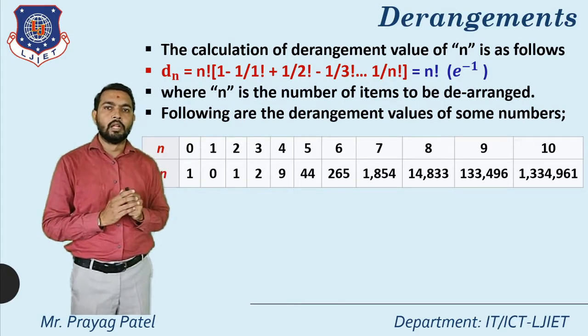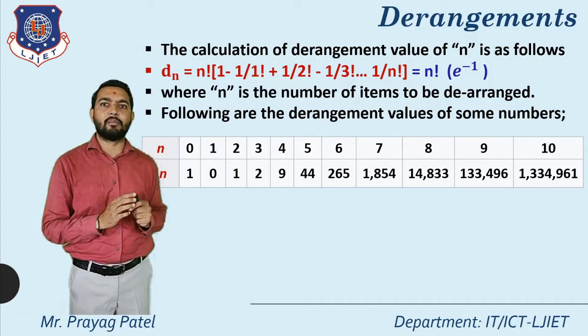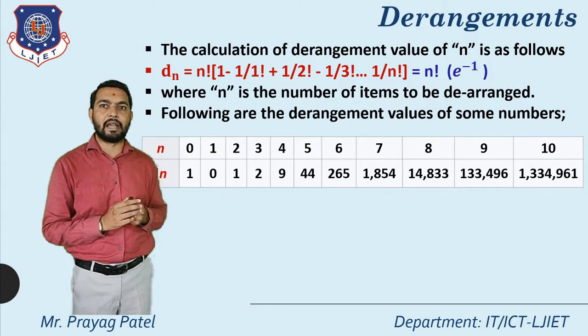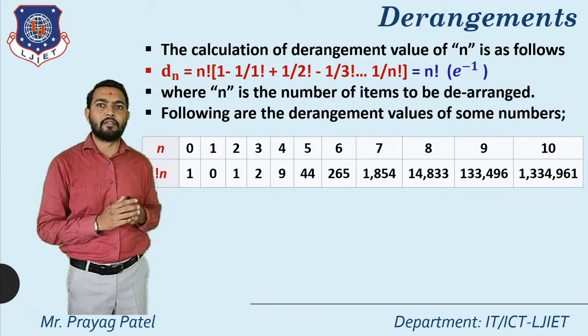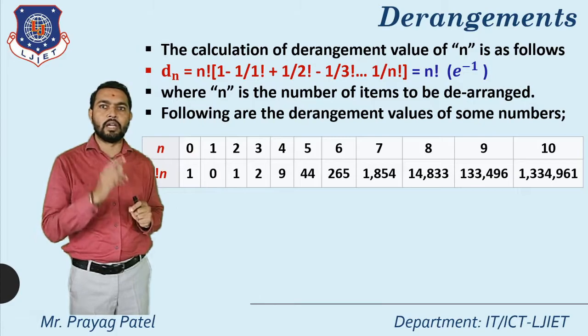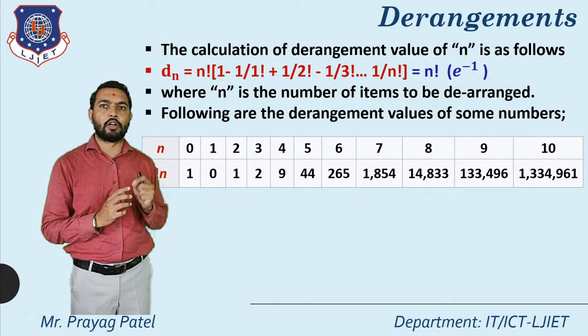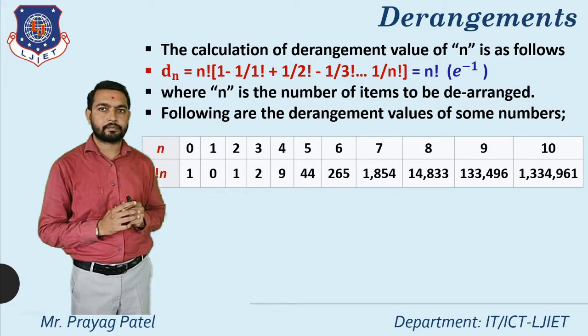Now for the 2, if we have the numbers 1 and 2, then we have to arrange these numbers in this dearrangement. So how many ways are available? First we put the 2 and in the second place we put the 1. So only 1 way is available. So we can say that the dearrangement for the number 2 is equal to 1.